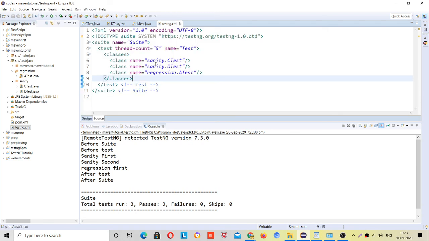Nothing new here. See, first of all it will go to the sanity package and C test, the order which we have given.